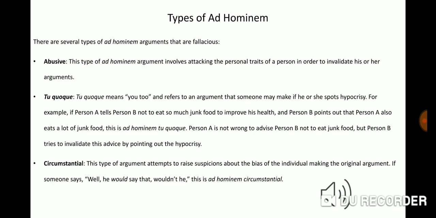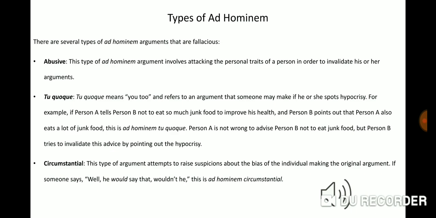Types of ad hominem. There are several types of ad hominem arguments that are fallacious. Abusive: this type of ad hominem argument involves attacking the personal traits of a person in order to invalidate his or her arguments. Tu quoque, meaning you too, refers to an argument that someone may make if he